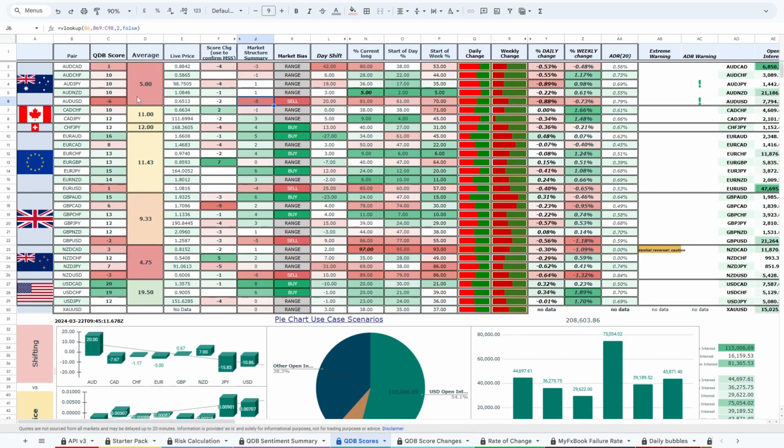sentiment. So the use case scenario is to examine the market structure summary, which has got a poor score. And we've had a confirmation over time using the score change, right? So that's negative, and that's negative. And we've got a sell bias. So we can come to